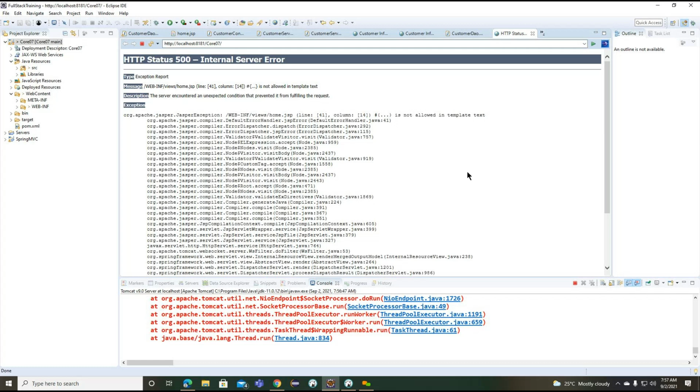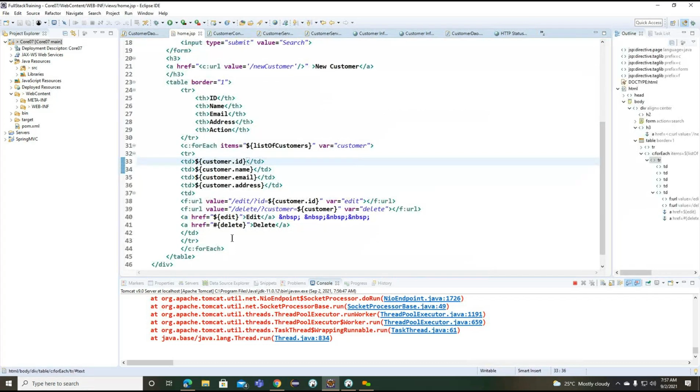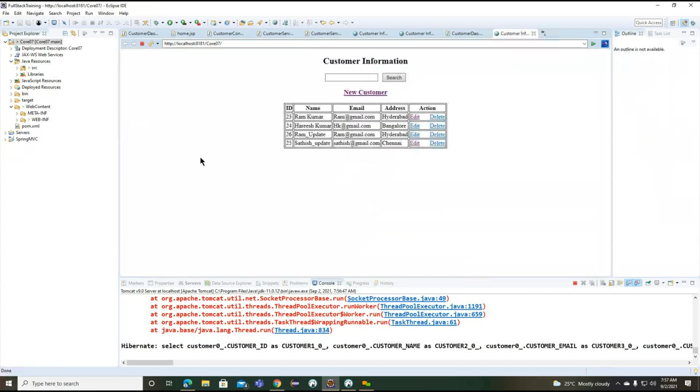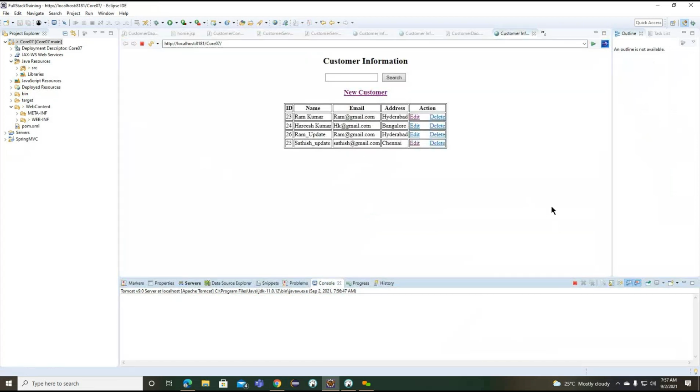What are we missing here? Oh, sorry. Right, something I'm missing. Yes, not hash. Let's see if I refresh, whether it takes or not. Yes, it is taking. Basically, UI related pages are affected even without stopping the server.